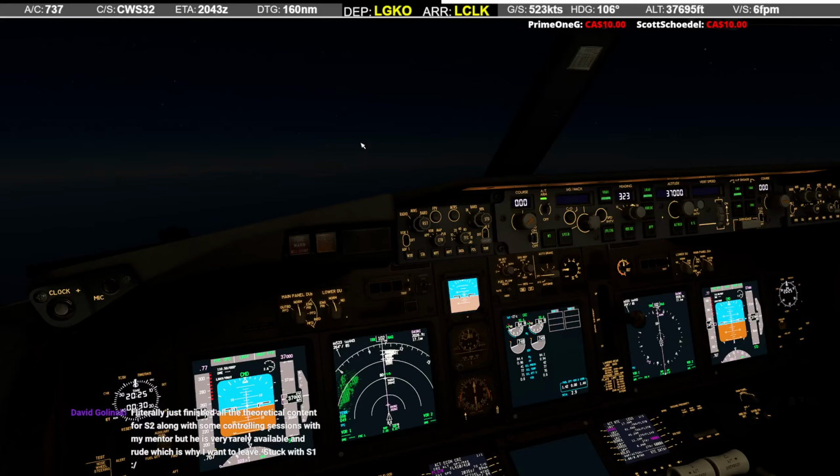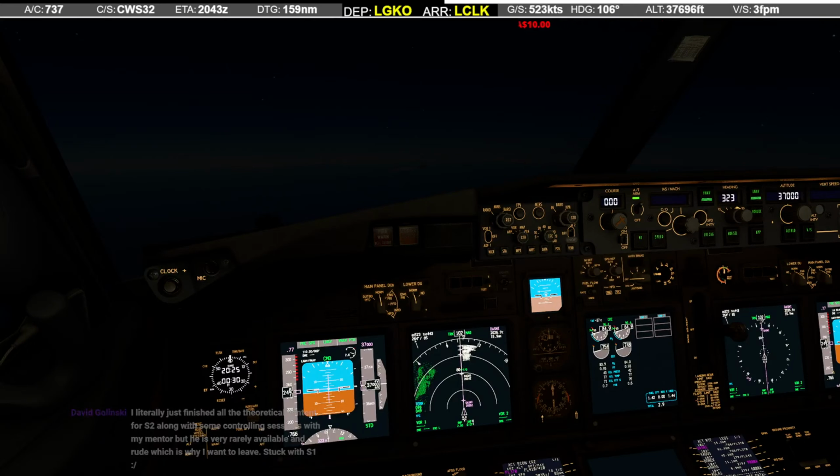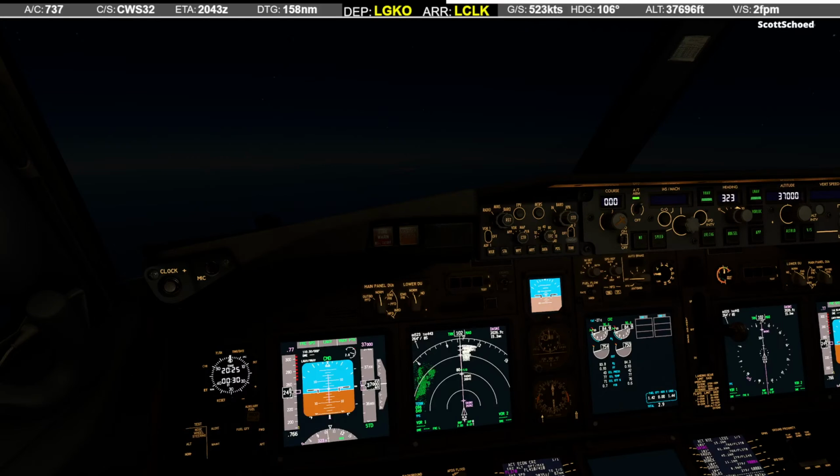Yeah, I don't know what you would do in that situation. I guess you just go to higher up and request somebody else. But again, you might get dumped into the back of the line. You might not have anyone available. It's rather annoying. Anyway, we're coming up on 80 miles to top of descent, so let's start getting ourselves prepped